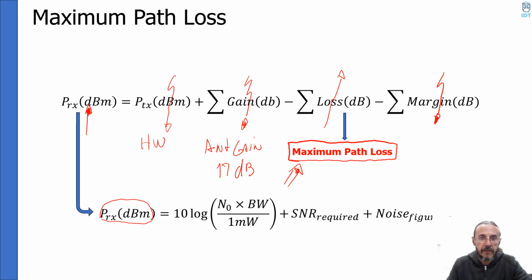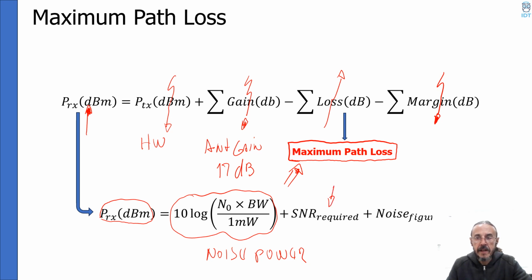This is the bandwidth, and all this together, let's say, is the noise power. But together with this, we have to consider this SNR, the signal to noise ratio required. This is the quality of our system, determined by this value,